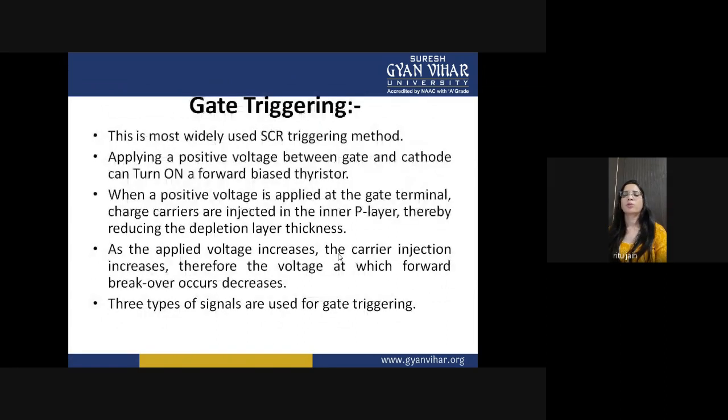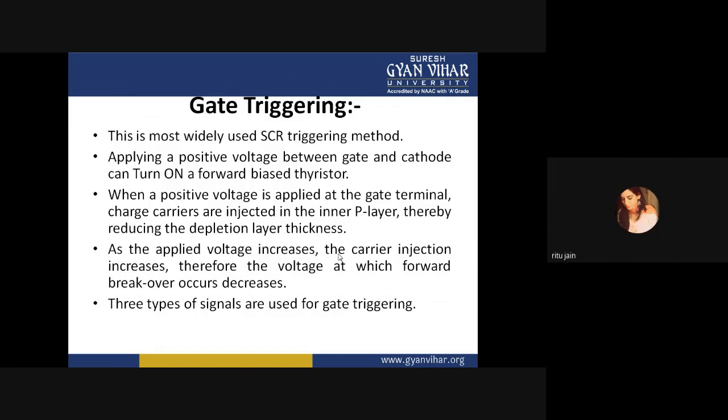Next point is your gate triggering. This is the most widely used SCR triggering method, in which you apply a positive voltage between gate and cathode. So you can easily turn on a forward biased thyristor, and this is the method which is widely used for triggering the SCR. When a positive voltage is applied at the gate terminal,